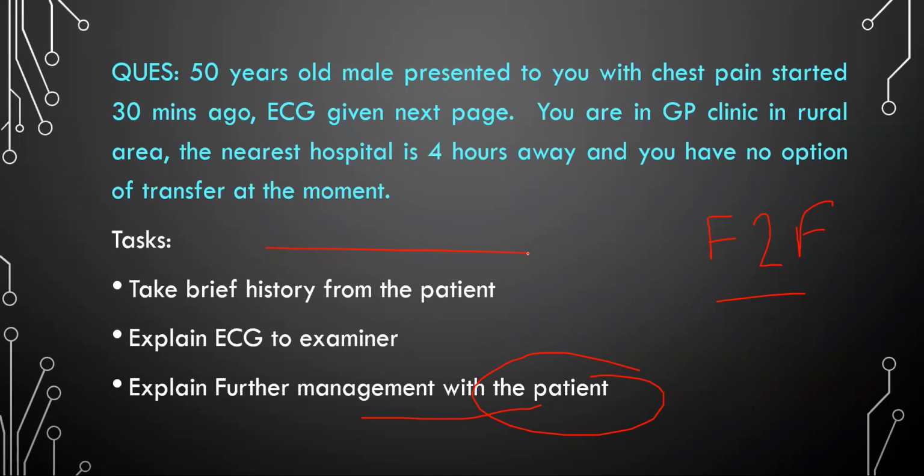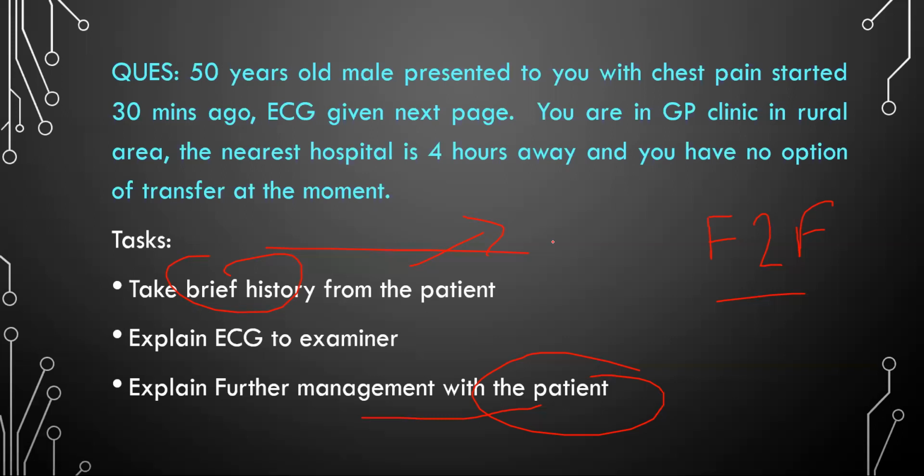Once you have done that, then you come back to the patient and say, thank you so much for waiting for me, David. Now, would you tell me a little bit more about the pain? So you have to ask a brief history from the patient. That means no differential diagnosis. Ask all the SOCRATES pain questionnaire and ask about the associated symptoms of MI. So do you have any difficulty breathing, any nausea, vomiting, any excessive sweating? Do you feel lightheaded? So these are main features, or racing of the heart.